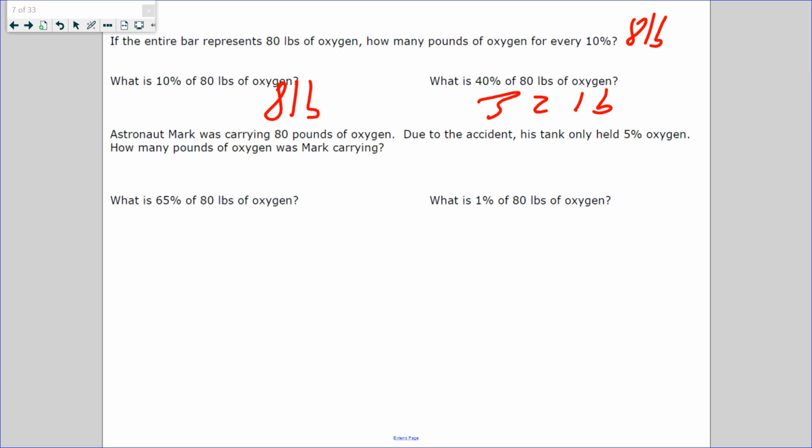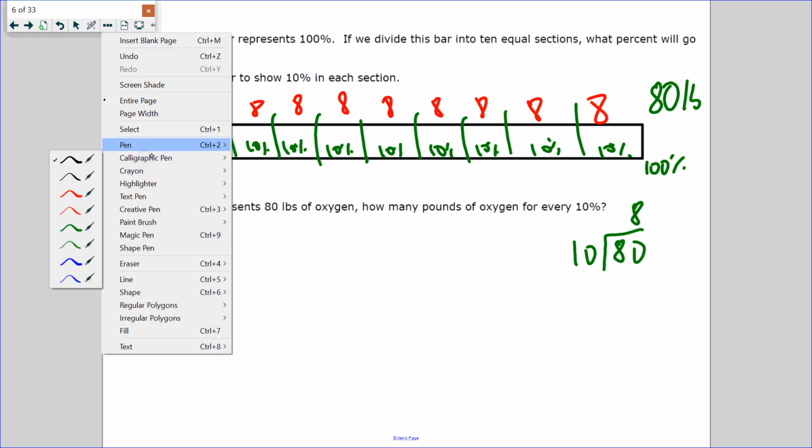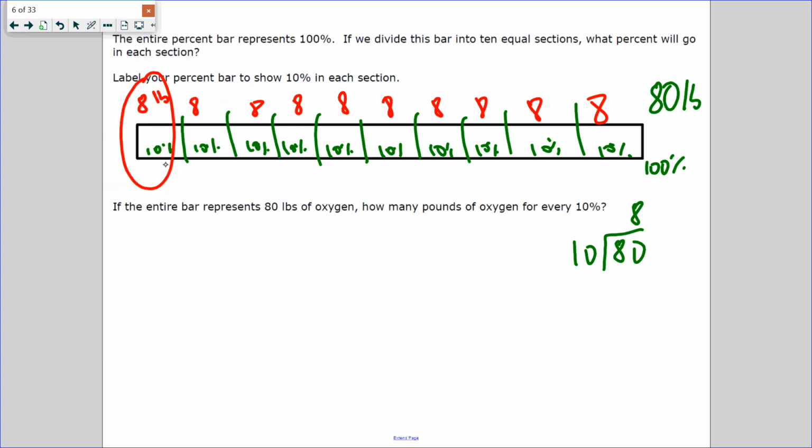Astronaut Mark was carrying 80 pounds of oxygen. Due to the accident, his tank only held 5%. How many pounds was he carrying? So I'm going to shade it and show you what 5% looks like. So 5% looks like this. He only carried 5%. So how would you describe 5%